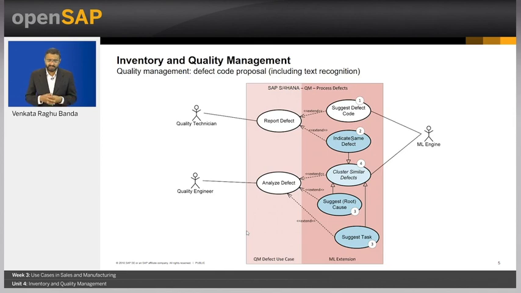In the same way, a quality engineer generally focuses more on analyzing the defect. Here, rather than the quality engineer spending time on clustering these defects or identifying the root cause, if there are some suggestions provided by the machine learning or predictive analytics algorithms, it would be much more beneficial, so that I can focus my efforts on analyzing many more defects. And the bottom line revenues for the company can increase.